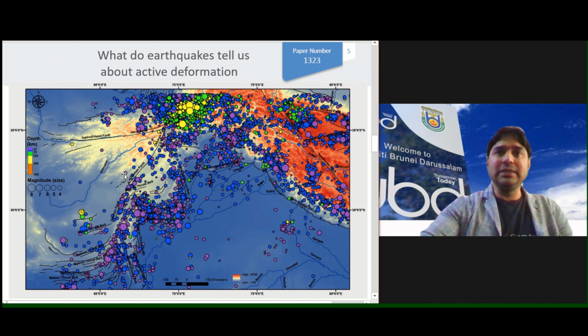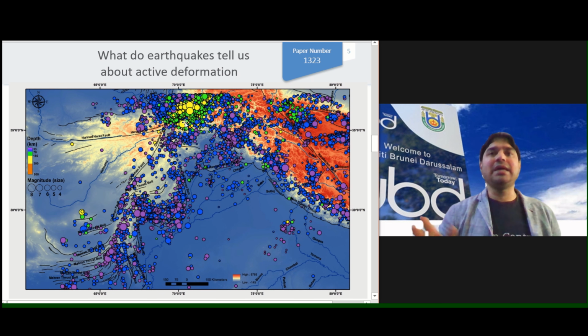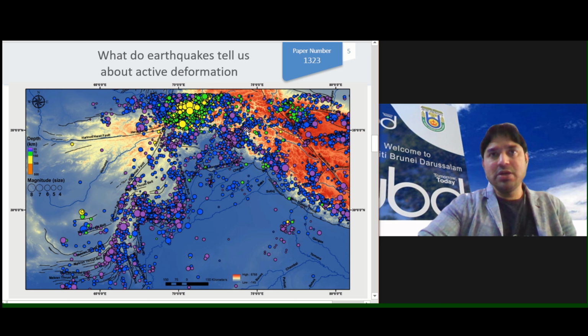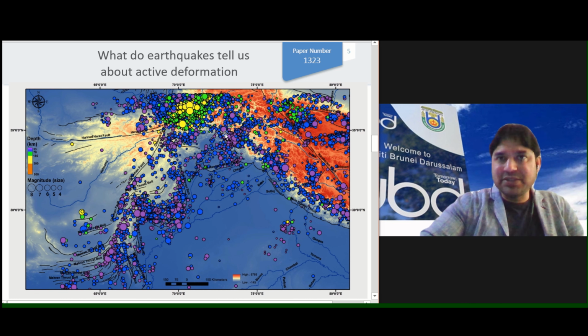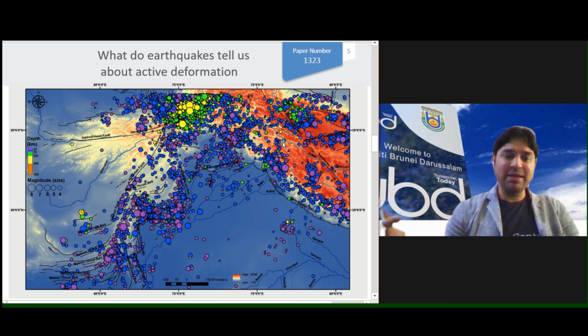So if you look at these earthquakes that we have in the front, in this area, some people may think that, okay, these are tiny earthquakes, doesn't matter. But look at these. We have also big earthquakes happening in this region. And as you know, the Kashmir earthquake was 7.6, right? So the earthquakes are quite big, so they can be quite damaging.